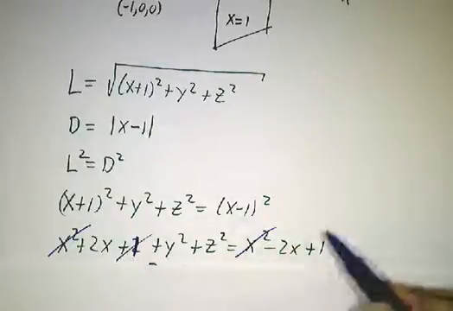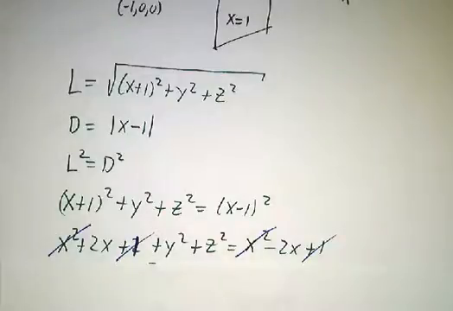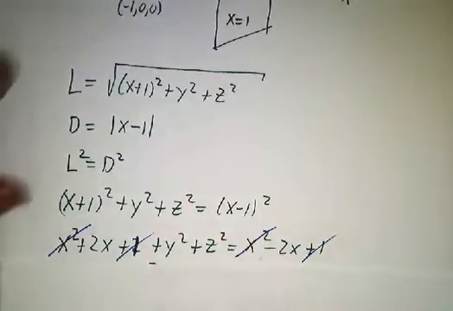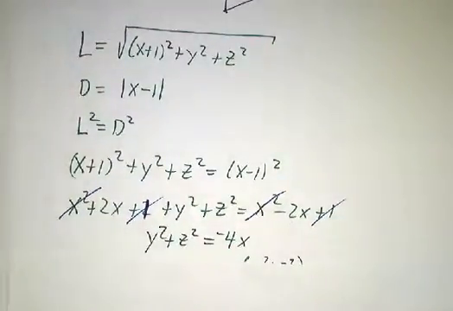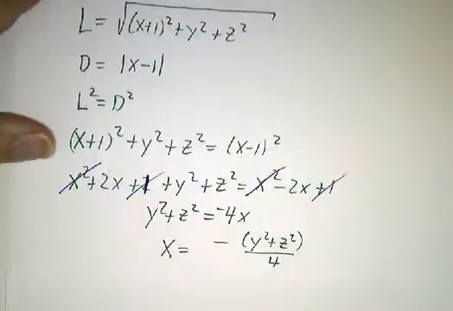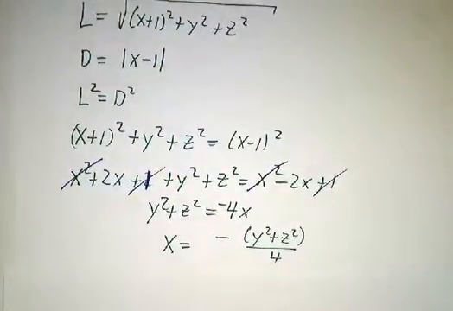And the 1 cancels against the 1 on this side. You put the x's on the other side, you just get y squared plus z squared equals minus 4x, or x equals minus (y squared plus z squared) over 4. This is a